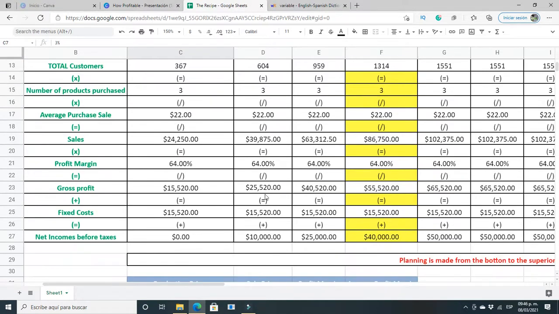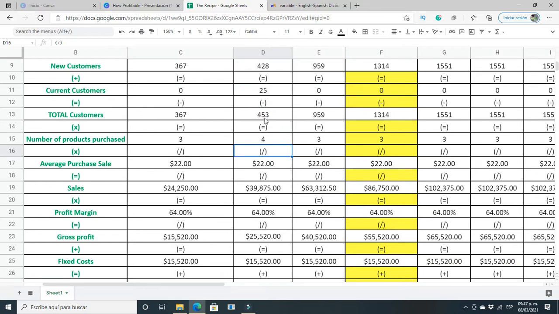Now we are going to set 10,000 as net incomes before taxes. It's the same fixed costs, and the gross profit is 25,000. Then the profit margin is the same, 64%. Now the sales increase to almost $40,000. We have the same average purchase sale, and then the number of products purchased could be the same. You can improve this number, and probably now you can sell 4, and now you need 453 customers, just by increasing one number, but we're going to